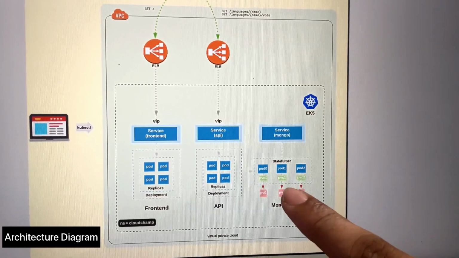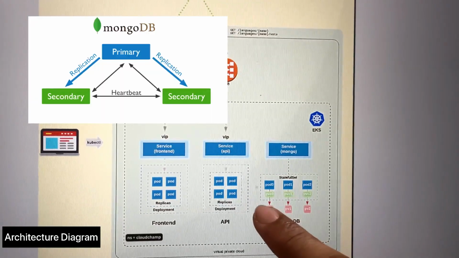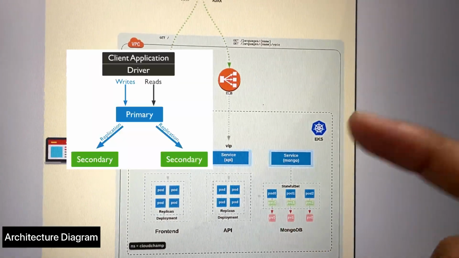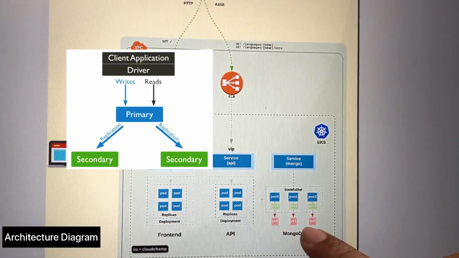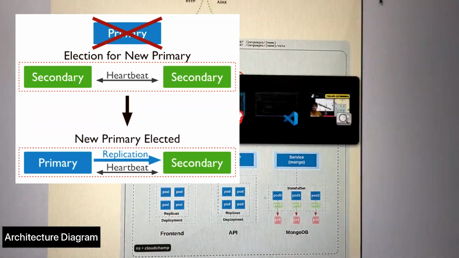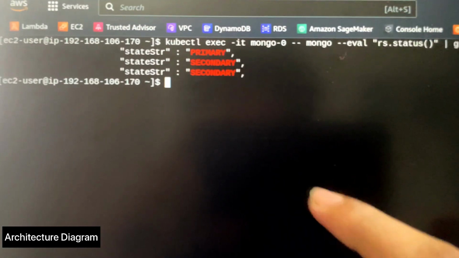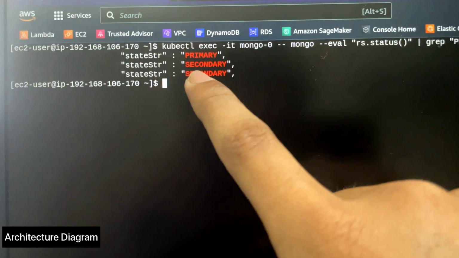So why do we have 3 pods here? We have 3 pods to enable replica sets in MongoDB, where the first pod is going to be primary, that will read and write data, whereas pod 1 and pod 2 are going to be secondary, which are going to have replicas of the data, but will only work when the first pod is deleted or destroyed. So as you can see here, we have replica set enabled, with the first pod being primary, second secondary, and